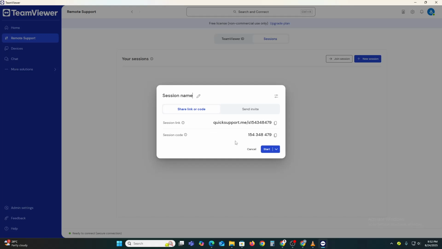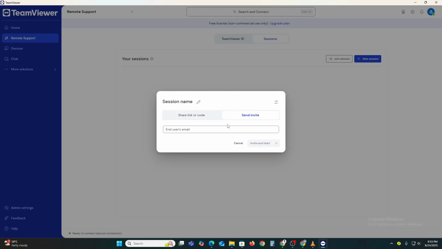Once you have the session code, copy it or note it down, and share it with the person you want to connect with, for example via email, chat or phone. They will enter this code on their side to start the remote session. You can send an invite to users by email, and when they connect you will receive a permission request. Click allow